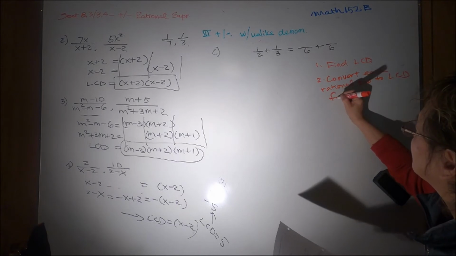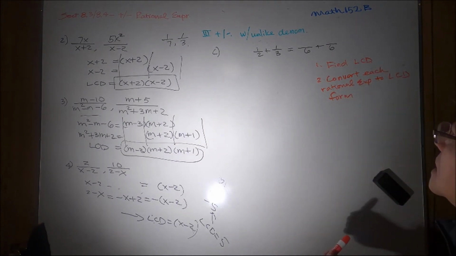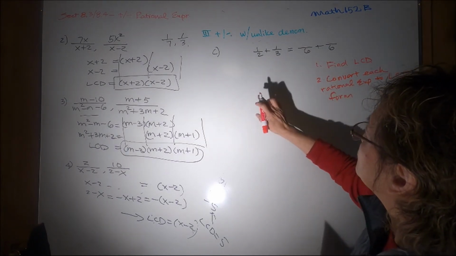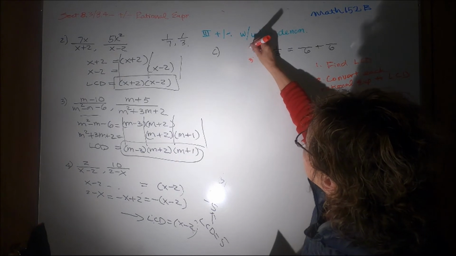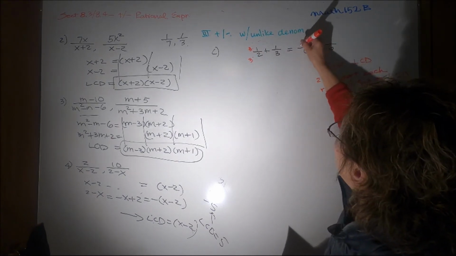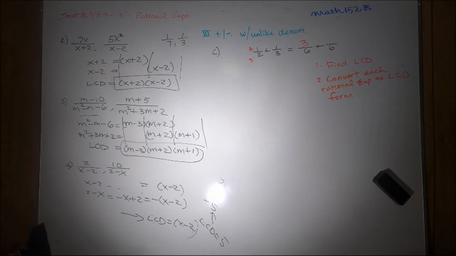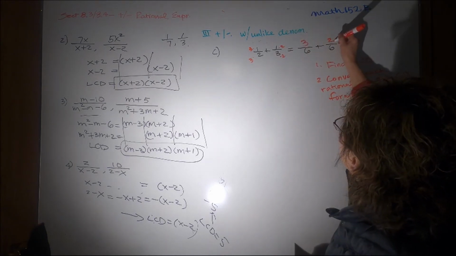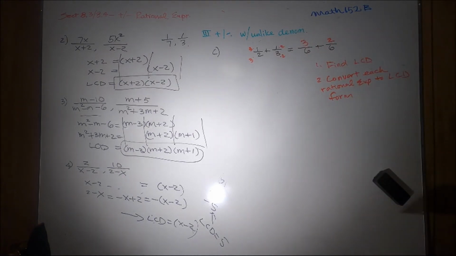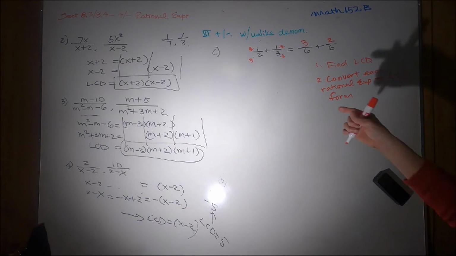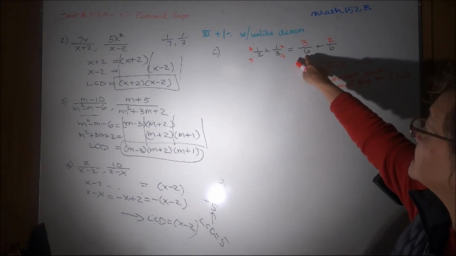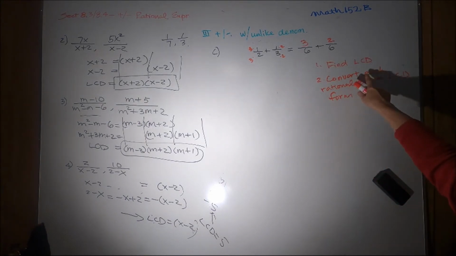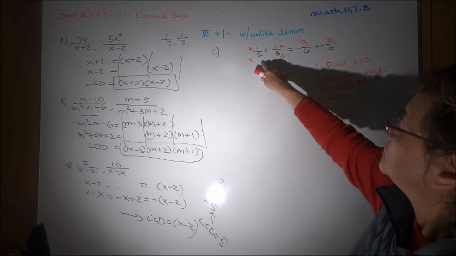LCD form, right? That's what we are going to do. So how do we do that? You times 3, right? You do the bottom, you do the same thing on the top. Then you times 2, that would be 2, right? That's how we do it. So first you find your LCD 6, then you convert each